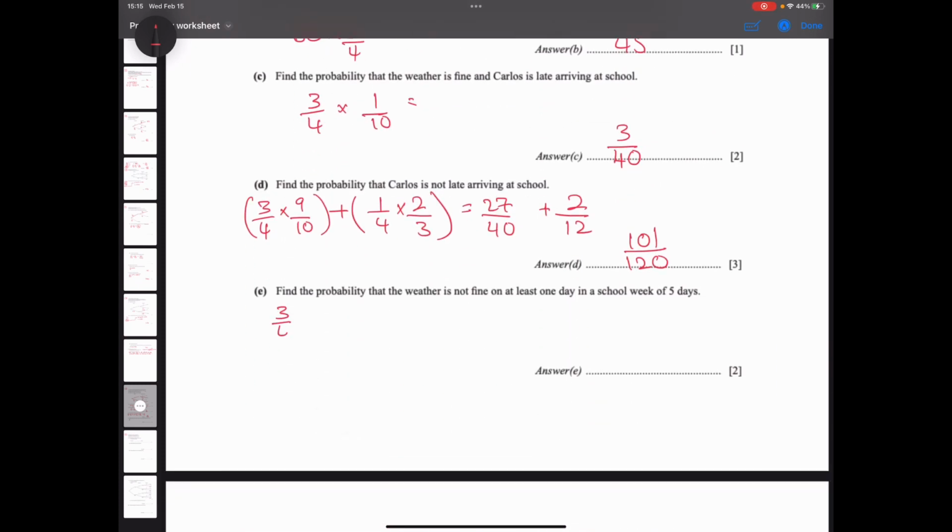So 3 over 4 to the power of 5, which is going to give me 243 over 1024, then 1 minus 243 over 1024, because it's reverse probability. 781 over 1024, and that